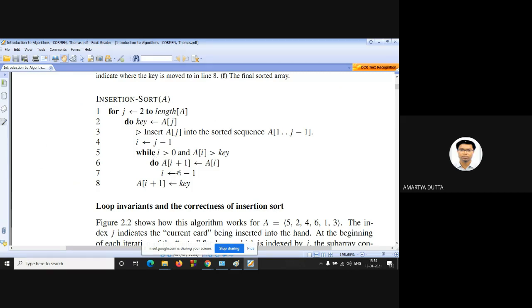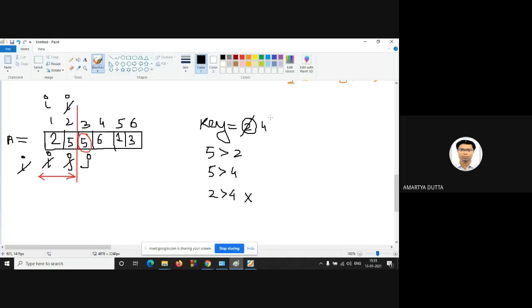Now key is equal to AI plus 1. So value of key is 4, and this will be copied in this position. 2, 4, 5. This is already sorted.